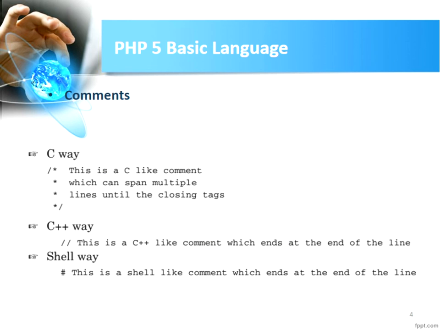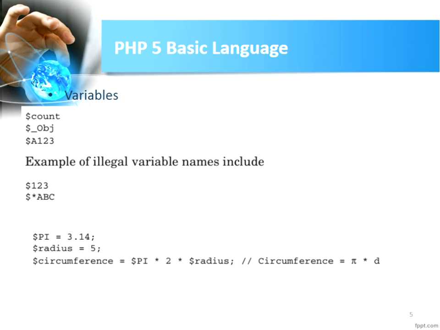We also discovered that there are three possible ways to create a comment in PHP 5, like C or C++ or Shell. Also, we learned together how we can create a variable in PHP. To create a variable in PHP, we use $ plus the name of the variable, for example, $a = ...;